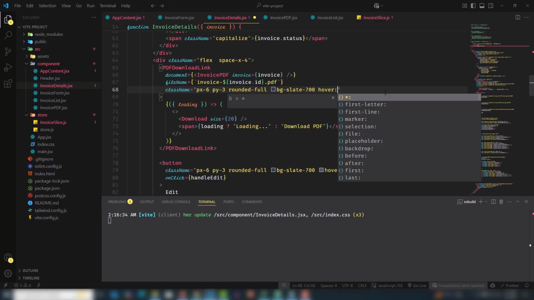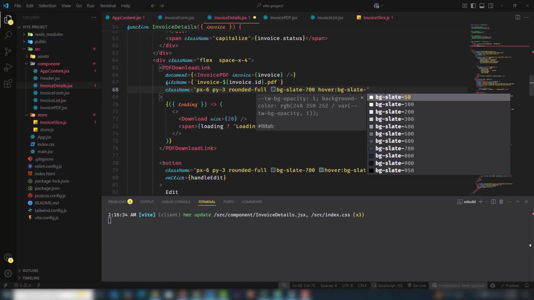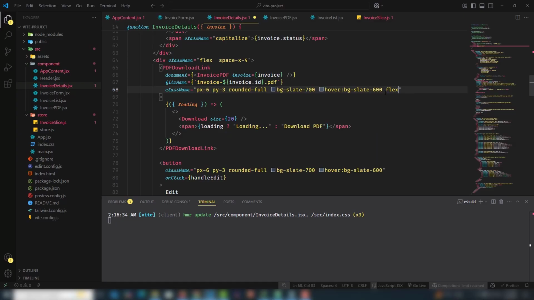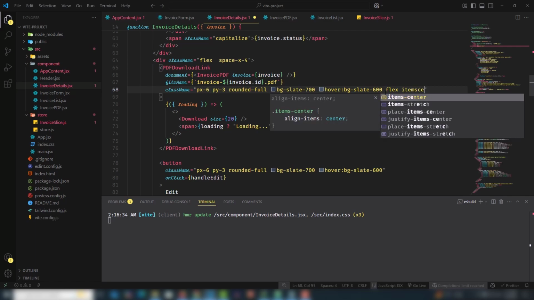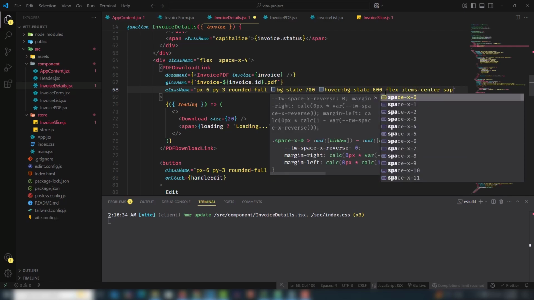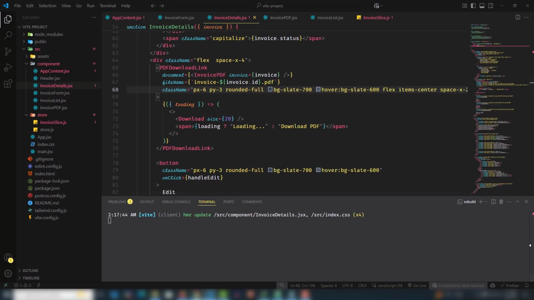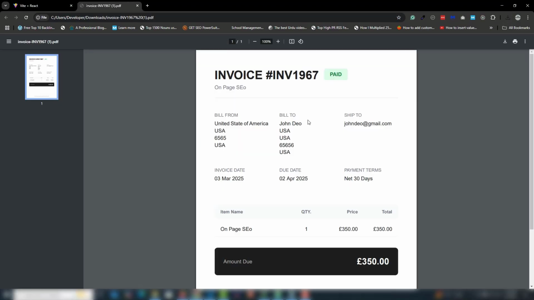When I hover the mouse, then I need to change it to bg-select-600, and the content should be flex, items should be center, and also I'm going to use space-x-2. I'm going to save the file and look at that, guys. So when I click on this one, I'm getting the PDF format details and the different ID, right? So as you can see, complete details